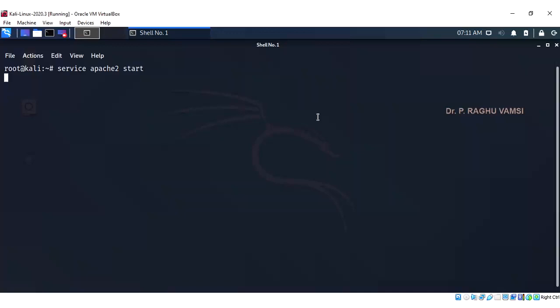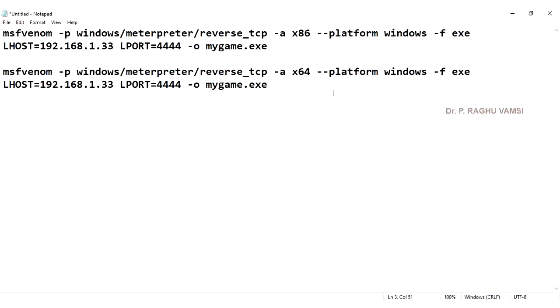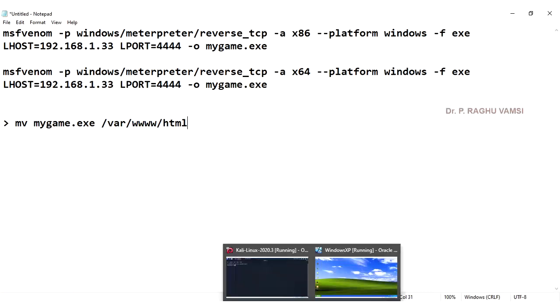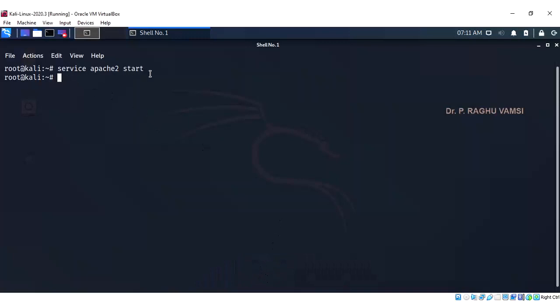Whatever mygame.exe you generate, you are supposed to move it to /var/www/html. This is the root folder of the Apache server. So you are supposed to run the Apache server. So the server is started now.